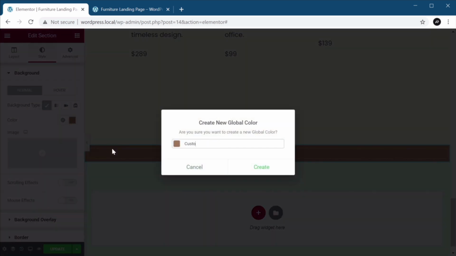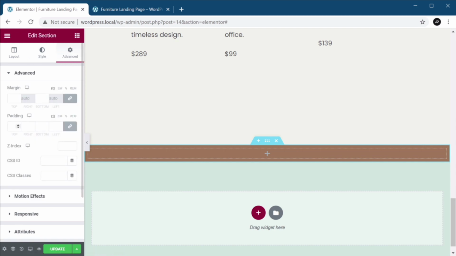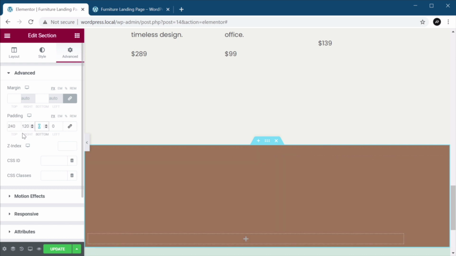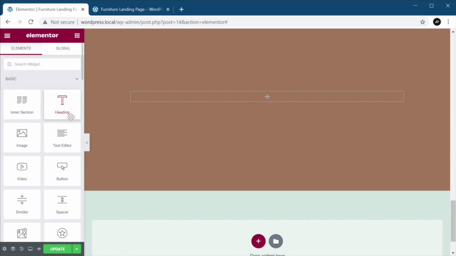as custom accent, so we can reuse it later. Under advanced, let's set the padding to 240 top, 120 right, 240 bottom, 120 left. Great. And in here, let's add a heading